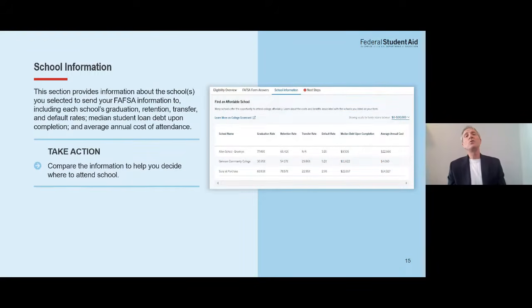We also have a school information section contained within the FAFSA submission summary. This is a great area where you can compare the different schools that you listed on your FAFSA form. You can see in the screenshot here, we've listed several schools, but it contains more than just the name of the schools. We have school graduation rates, retention rates, transfer and default rates, median student loan debt, and average annual